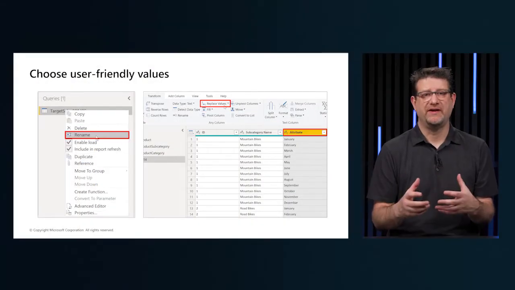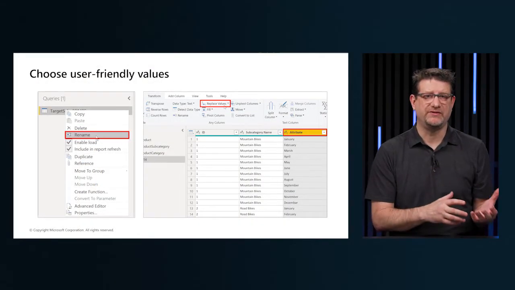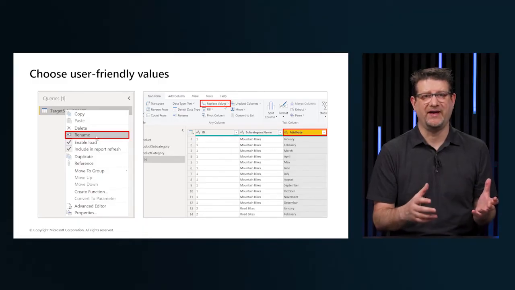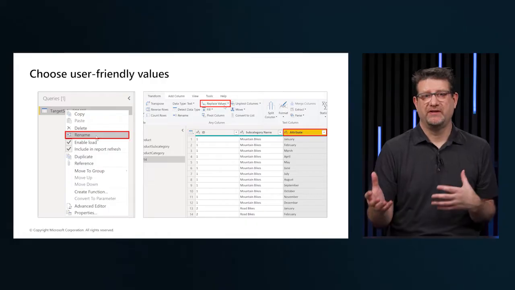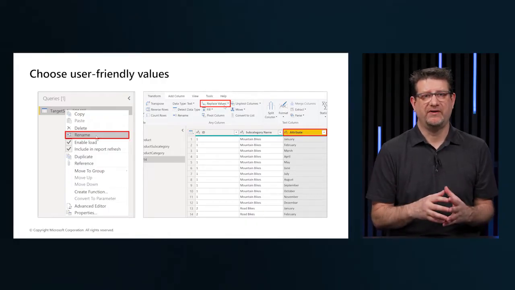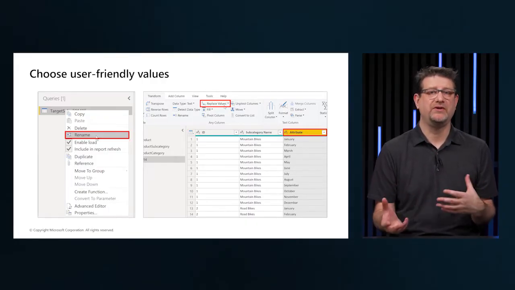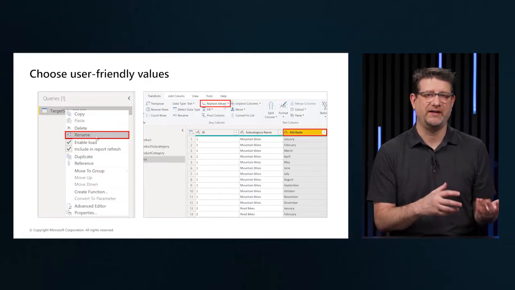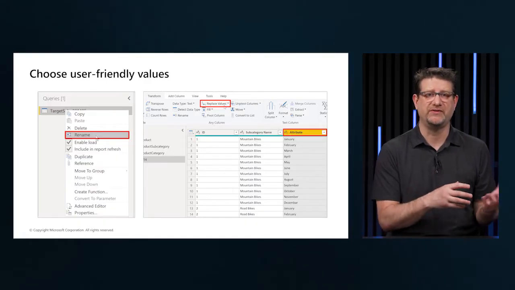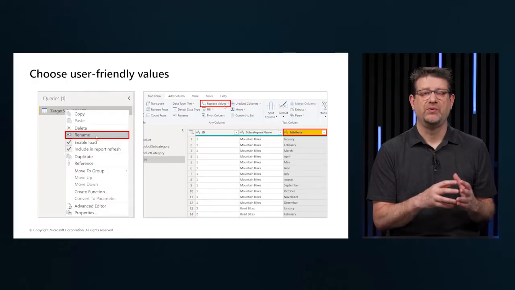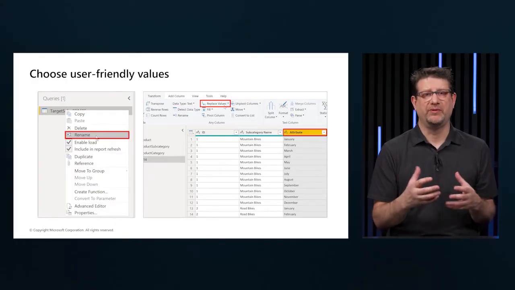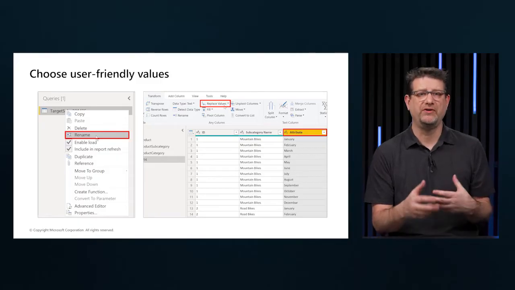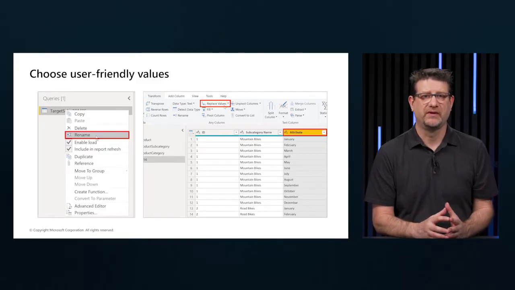We can also replace values. We can use the Replace Values feature in Power Query Editor to replace any value with another value in a selected column. We can replace null values. Occasionally, we may find that our data sources contain null values, and we can use the Power Query Editor to find and address problem values in the column. We can remove duplicates. If we need to, we can remove duplicates from the columns and keep only the unique names in a selected column.